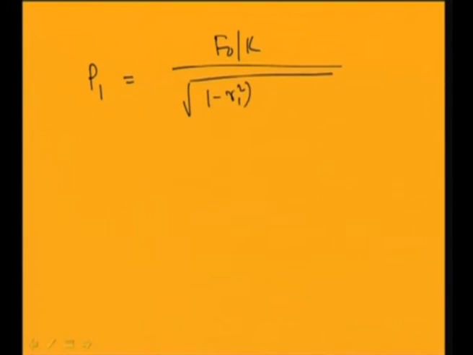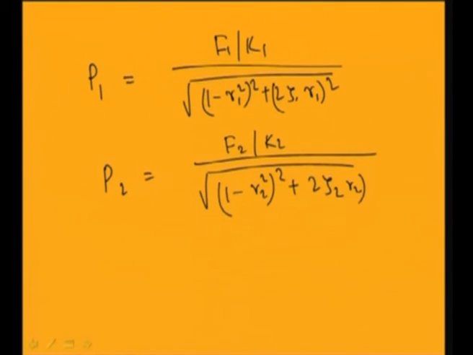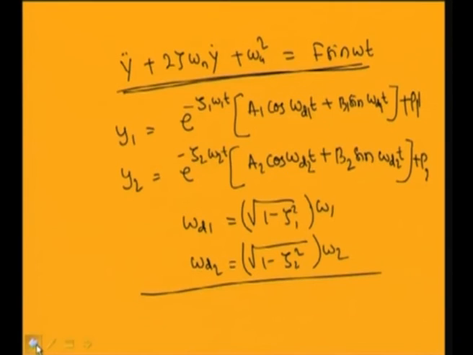Here p1, already you know, will be equal to f1 by k1 divided by root over 1 minus r1 square whole square plus 2 zeta 1 r1 whole square, and p2 will be f2 by k2 divided by root over 1 minus r2 square whole square plus 2 zeta 2 r2 whole square,